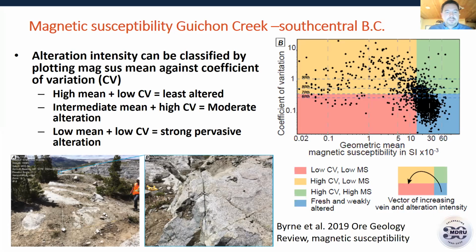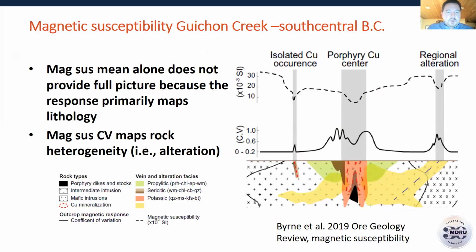And you could quickly see that there was a correlation between those zones that were unaltered, that had no variation, or between those that had a slight change in mean magnetic susceptibility, but a high degree of variable results that came in, which indicated a lot of alteration features. And so this proved to be very important, because in zones of intense alteration, where you have a high amount of fluid components that moved in, a lot of fractures, a lot of alteration that's gone in and been mag